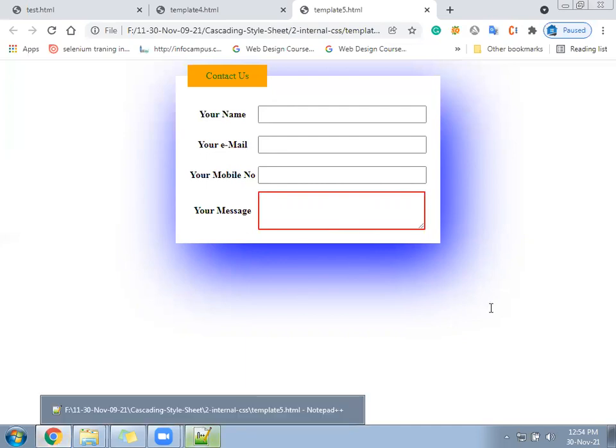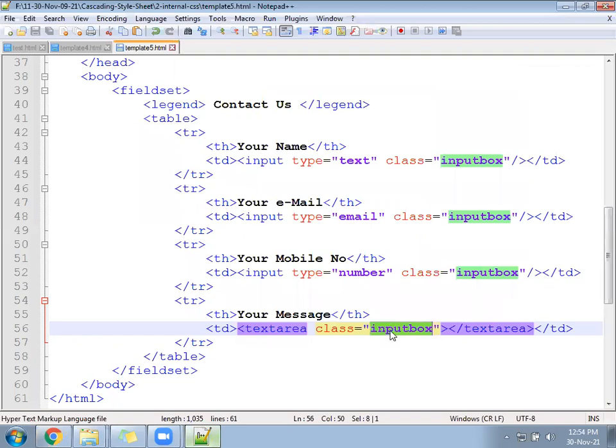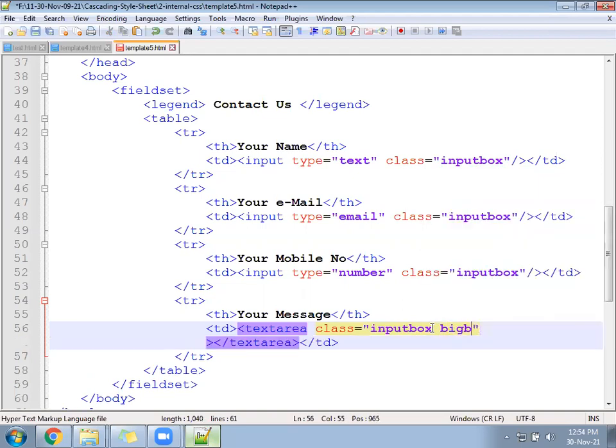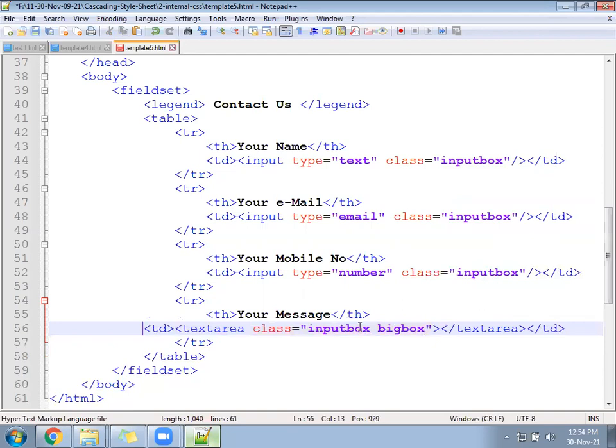So for that, we are not going to leave this class. If you leave this class, then you will not get the extra effect. Extra effect should remain the same. Only we want to increase the height. So call another class here, called big box. We can call more than one class separated by a space. From one class, some feature will come. From another class, some feature will come. Both will get combined together. We have to write this big box class still. Okay, write a class called big box, give the height 70 px. See what will happen.